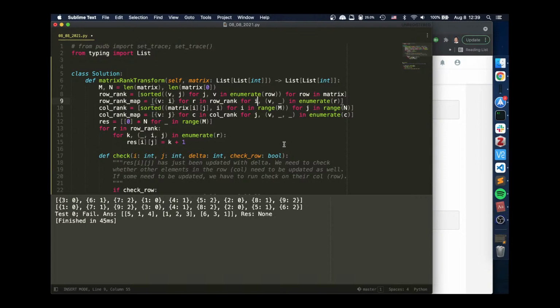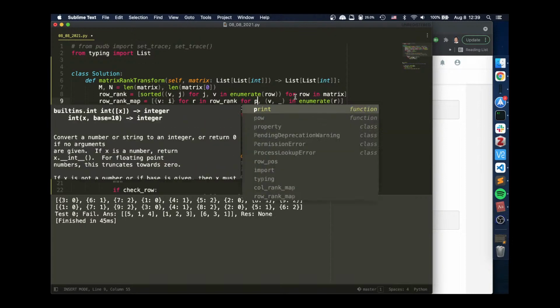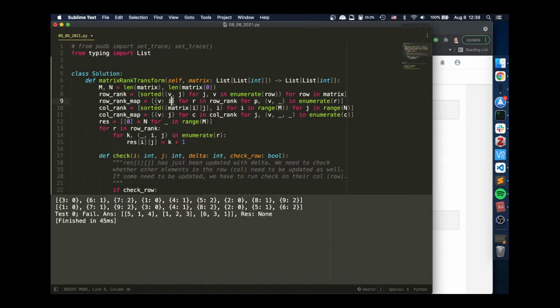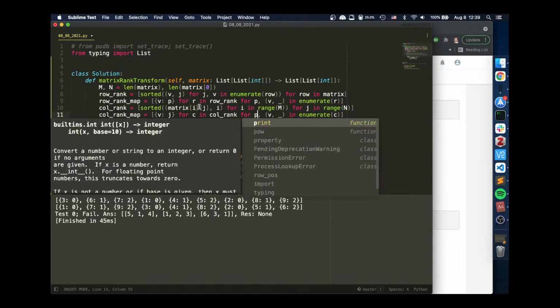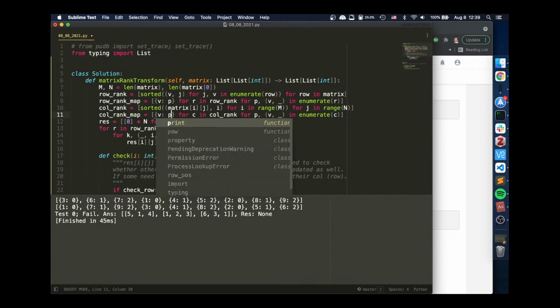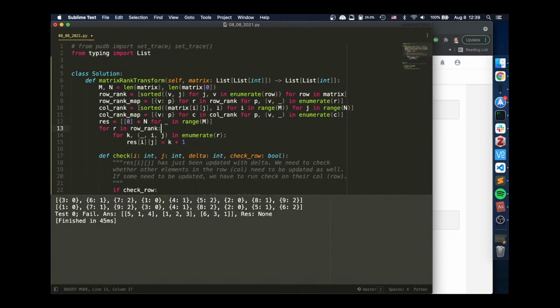And then for P, this will be P position. And then this is position. And this is the same thing, and this is column. Column, this is going to be position. And then this is going to be position, and column. And then for row rank, this is what we have. Row rank. And this is going to be